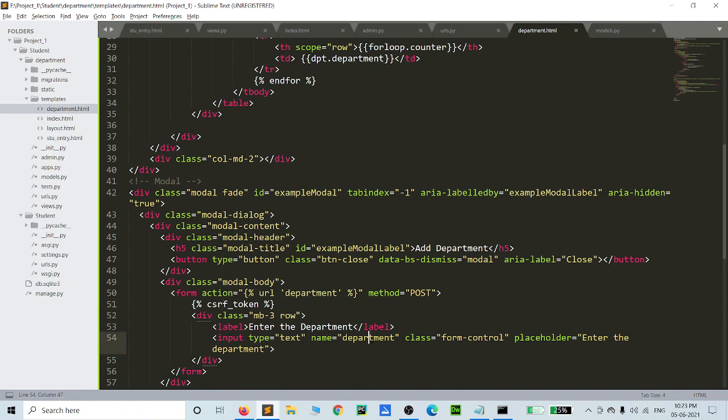Input type text, name department, class form-control, placeholder enter department.